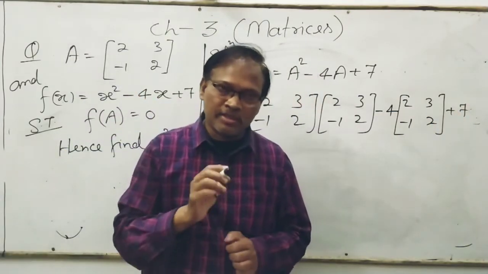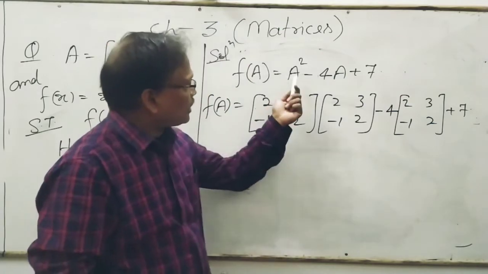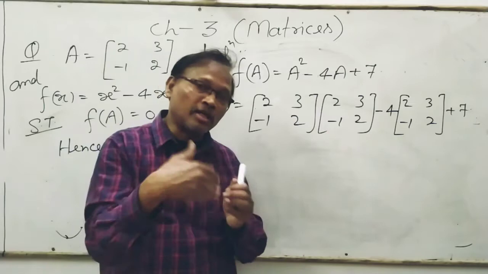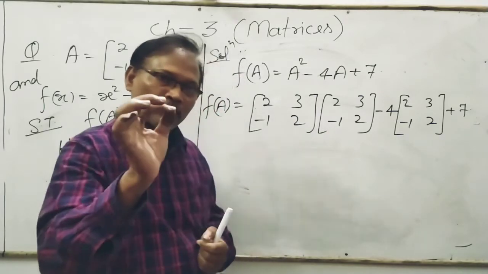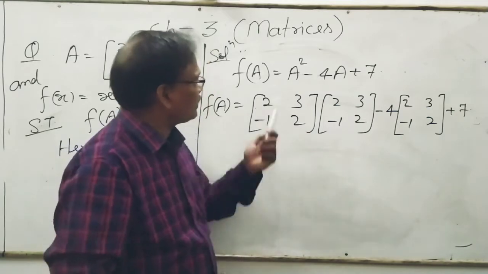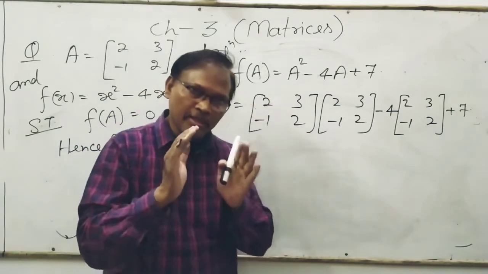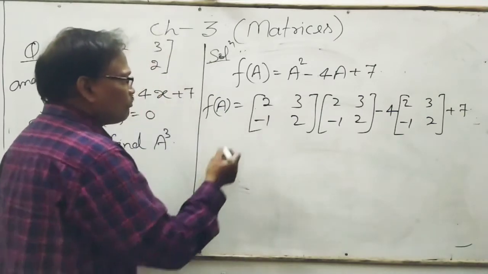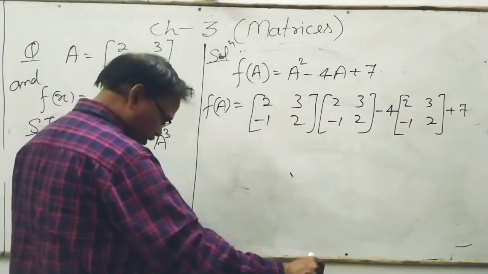Sometimes students do it like this: the square of the element, not multiplying like this. Square of the element, that is absolutely wrong. You cannot do the square of the element in case of A square. A square means A dot A. Okay. Now multiply, you will get,